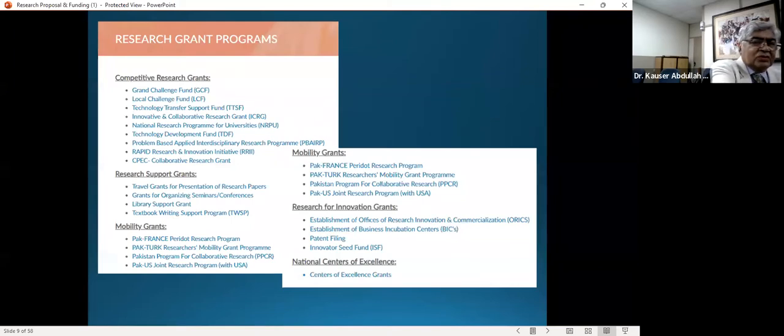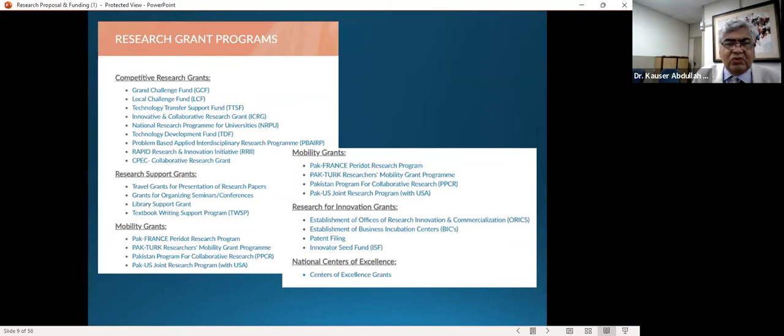So you can see that there are so many opportunities as far as HEC is concerned. The Grand Challenge, Local Challenge, and the Technology Transfer Support Fund, etc. are World Bank funded, and so they probably have a revolving fund also, for the second round. But the main